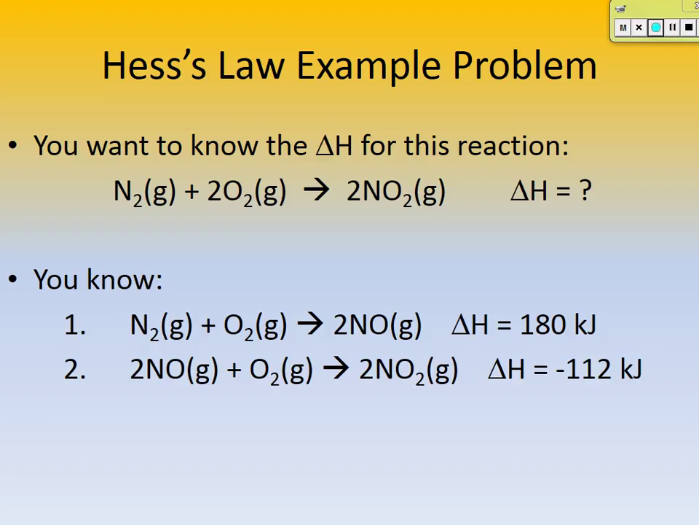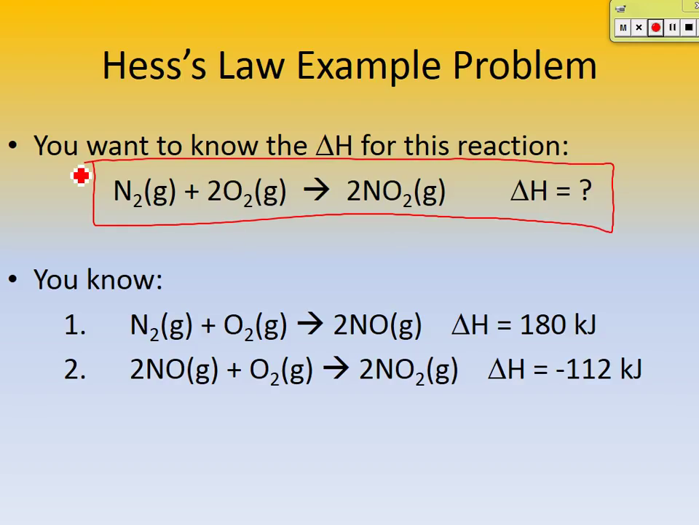It says you want to know delta H for this reaction. This is the reaction I want to know delta H for. The reaction that we want to calculate delta H for, I call the target. This is my target reaction. In the end, when we add up all of our different reactions, this is what we want in the end. Maybe we can't calculate delta H for this reaction. Maybe, because of certain situations, we can't calculate delta H. But let's say we did